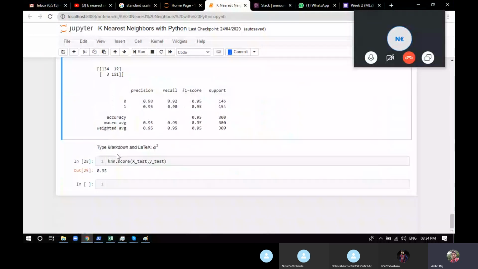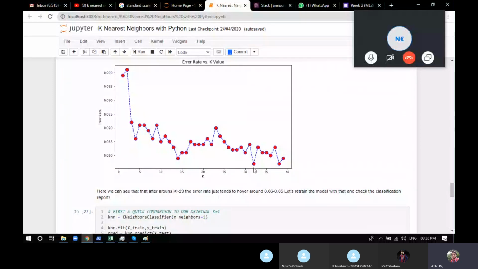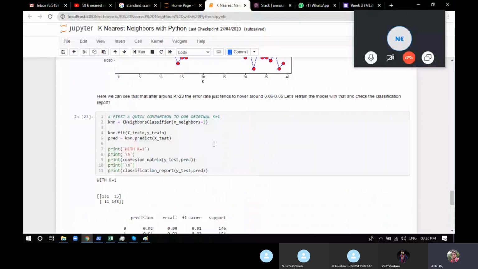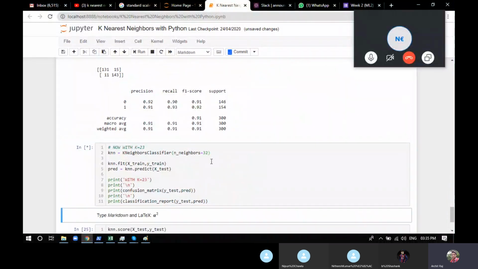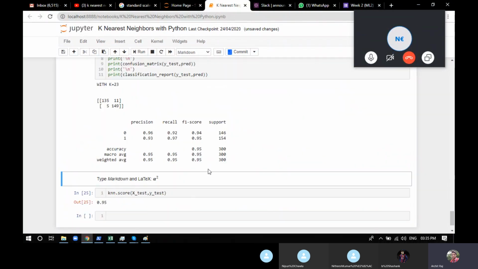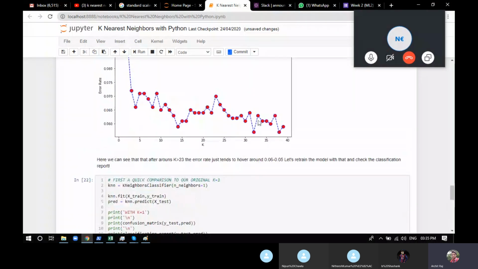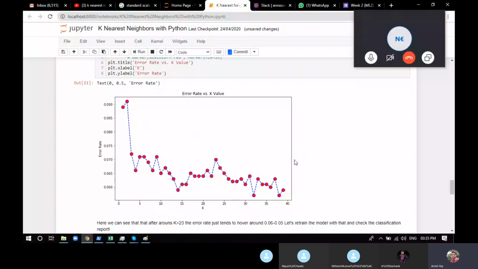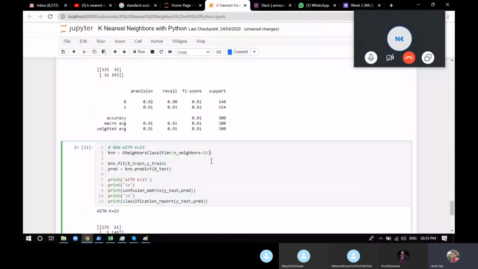There's still a chance it will go higher, so let's try 32. Okay, it decreased a bit. So I guess this is the best point. You can just try and find out which one is best for you, so I will keep it with 23.